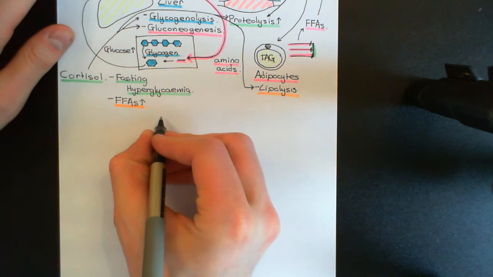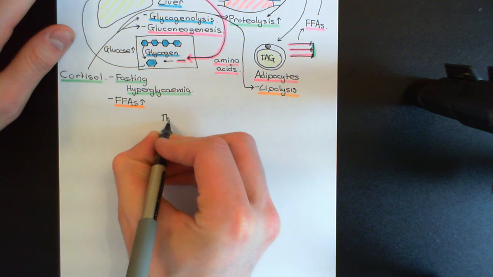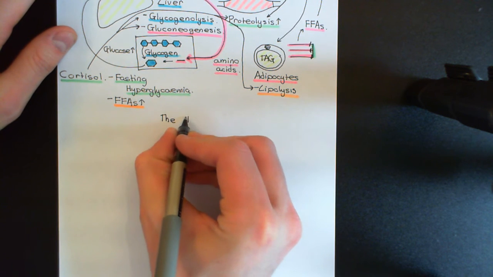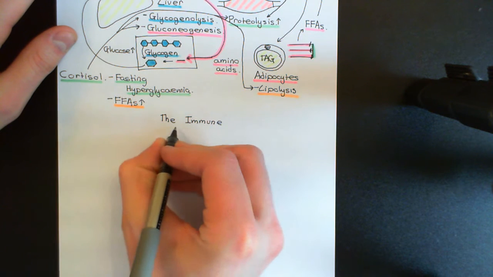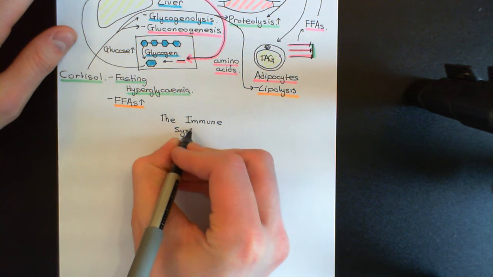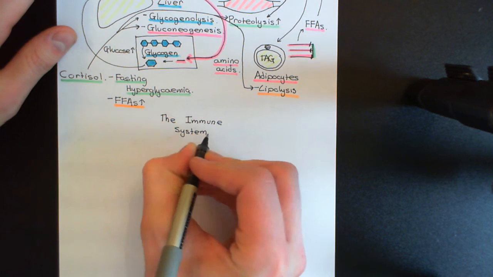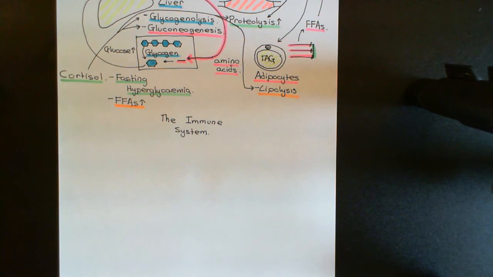Okay, so this requires us to understand the immune system. So I'm going to have a bit of a reminder of the immune system initially, and then I'll talk about what cortisol is actually going to do to the immune system. So remember, the immune system is a system that is designed to protect you against pathogens. So if your tissues get invaded by bacteria, viruses, fungi, parasites, the immune system is a system that is designed